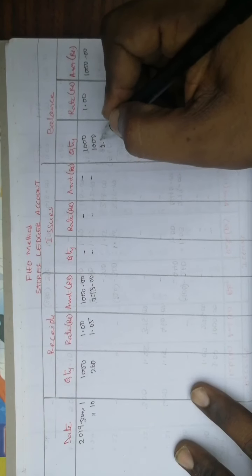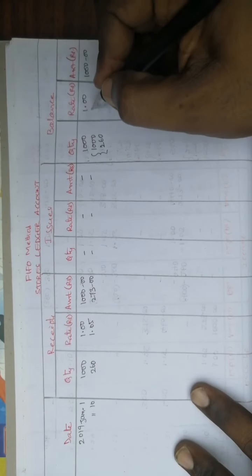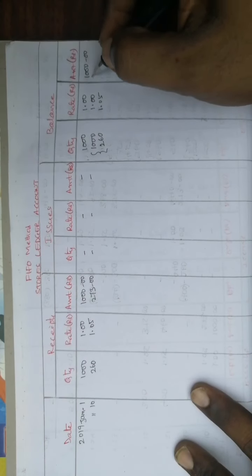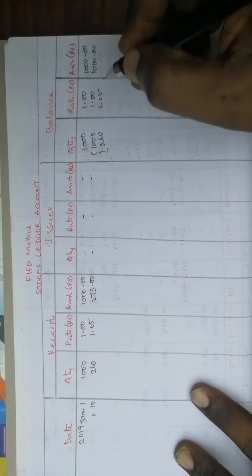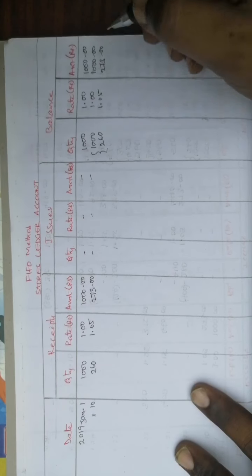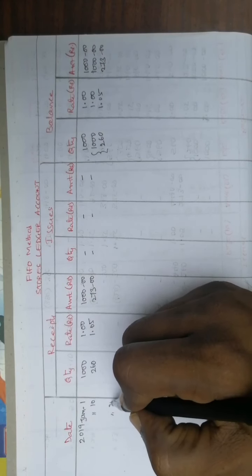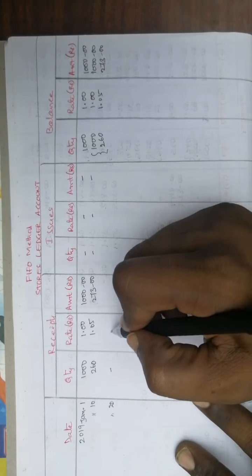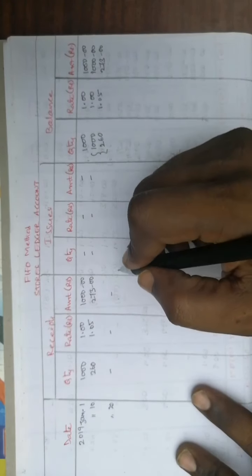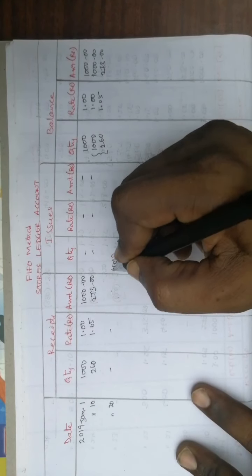1000 quantity which was purchased on January 1st, and 260 quantity purchased today, at two different rates, 1 rupee and 1 rupee 5 paisa, valuing 1000 rupees and amounting to 273. So two transactions are over. Now let us see the third transaction. On the third transaction, that is on January 20th, no receipts, but there is an issue. How many units? 700 units.